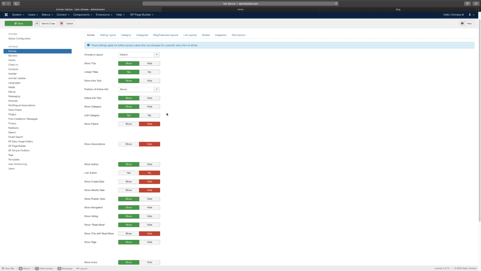Now with the category, there are times when you may not want people to see the category of something. You want to hide it. Once again, this is based on your personal preference. So if you want to show category, you can do that. Do you want to link category? What that means is that when you create a category, someone can click on that category and it's going to take them